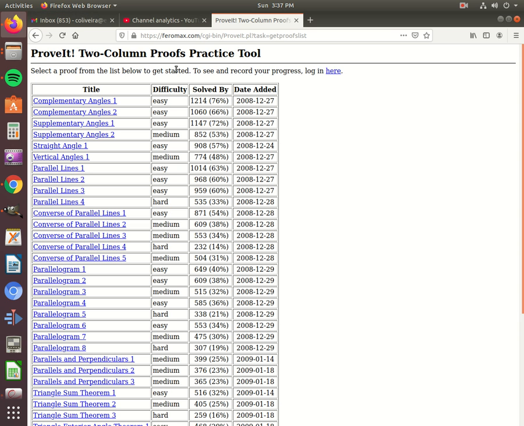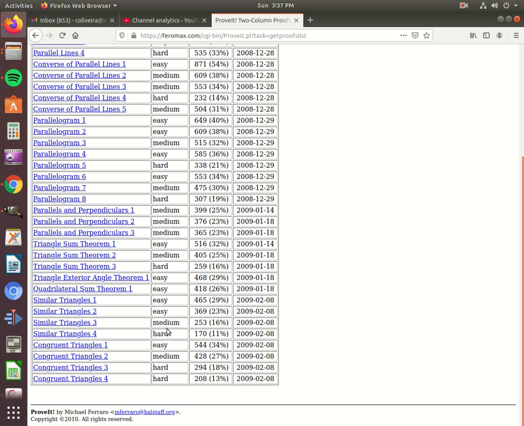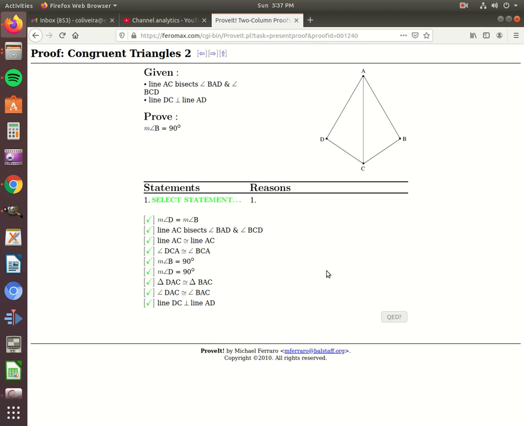and we will do congruent triangles 2. So let's see if we can find that one. You can see this is a level medium, and you can see there's a lot to this one. So again, there's a bunch of different ways that we can go about this. So what I would love is if you would maybe pause the video and see how far you can get in this,